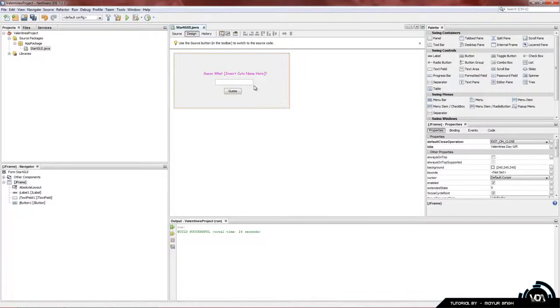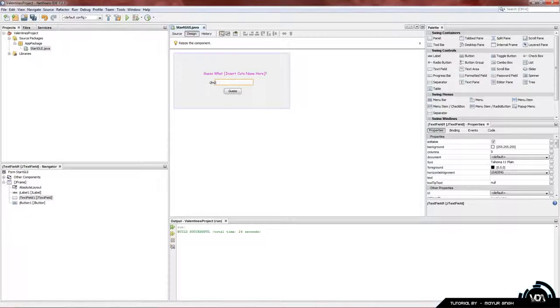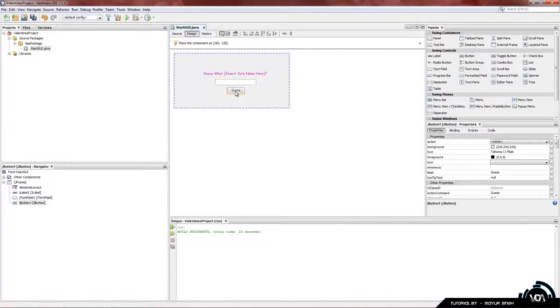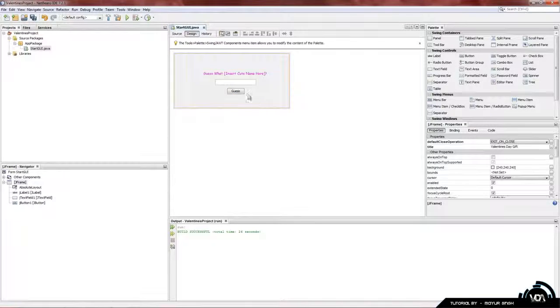And center this as best as we can. This is obviously not perfect. You guys can work on it a bit more. That looks okay. Now we're going to change the variable name, because when you're working with 10 of these buttons,